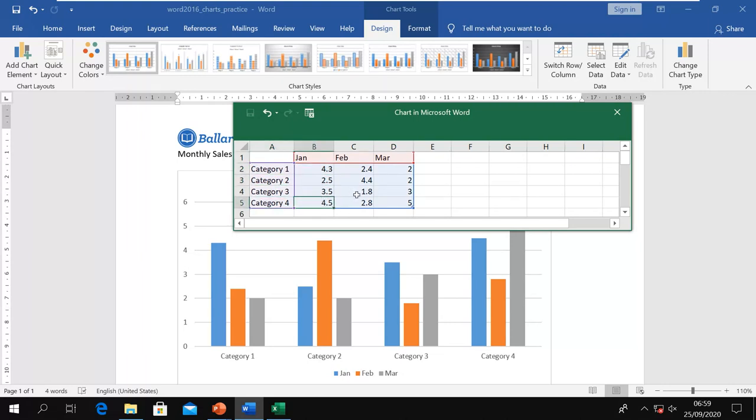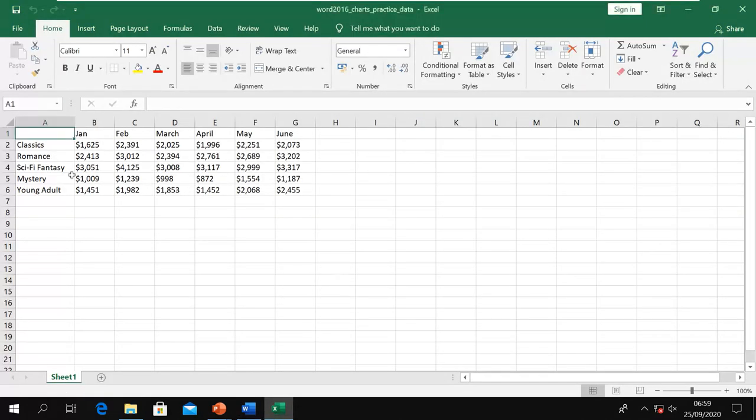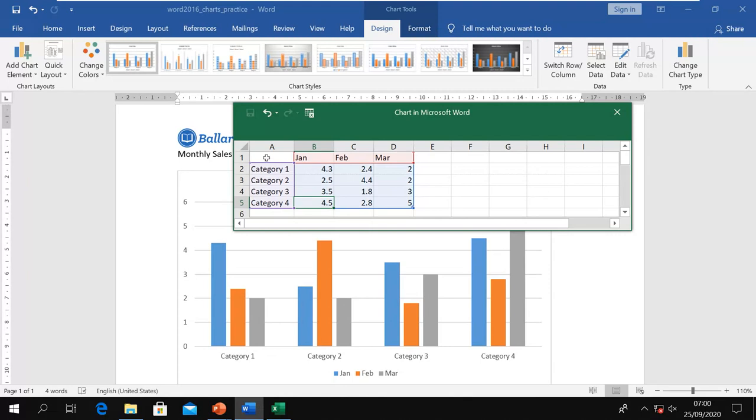Now if you have your data available in your Excel sheet, then you can copy from there and directly paste it here. For example, I have data in my Excel sheet here. So what I will do, I will copy this and then I will place it here.